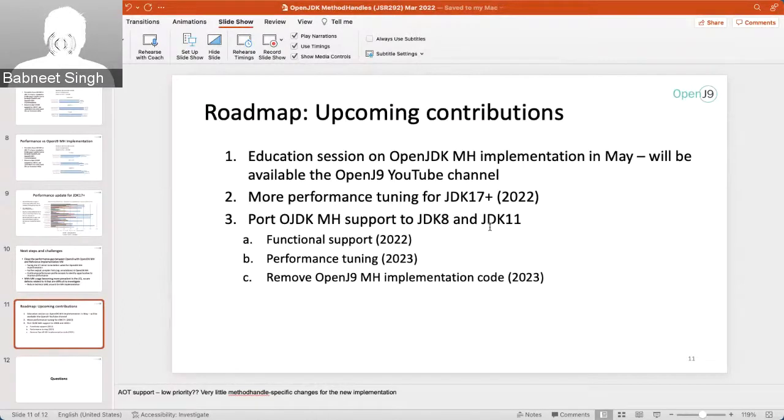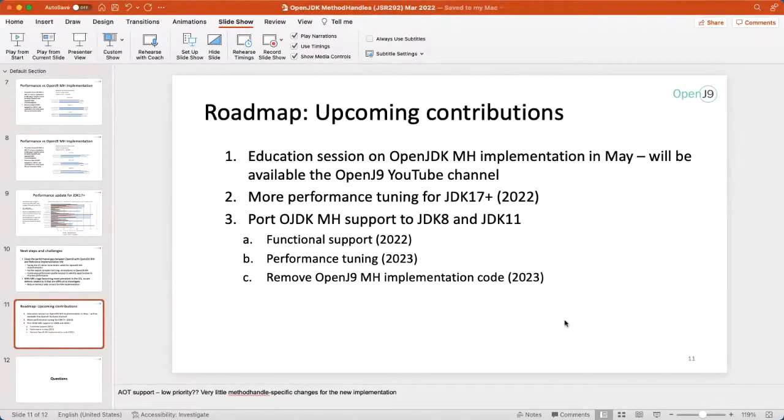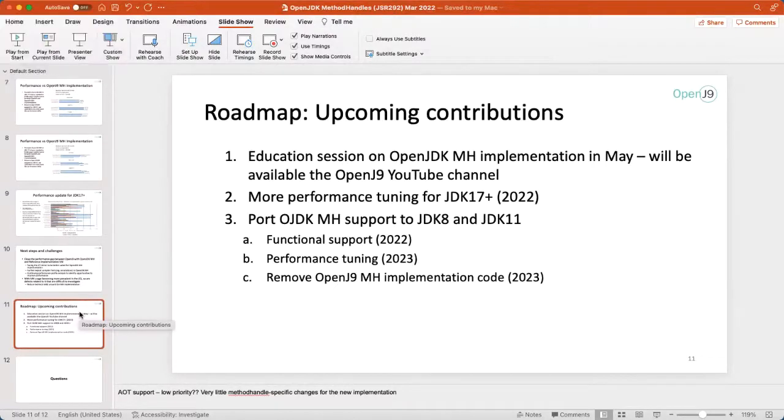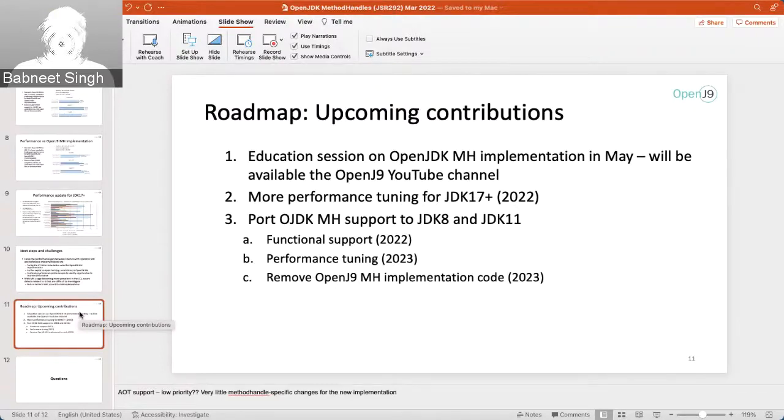But you're right, Dan. I think we should also consider the end of life support for these before beginning work or spending time on supporting these features. We will have a discussion in the upcoming OpenJDK method handle calls to see if there will be any value for backporting this. Happy to have an open discussion as well, if that would help. Yep, and after that, I think we can bring it up again in the OpenJ9 community call with our thoughts, and then have an open discussion with everyone.